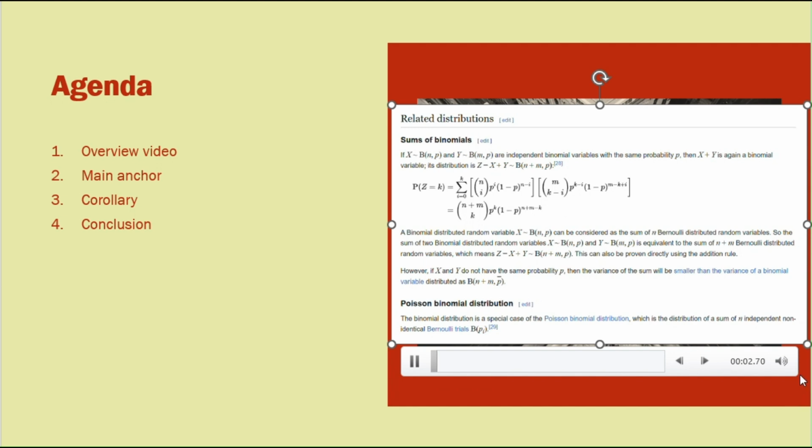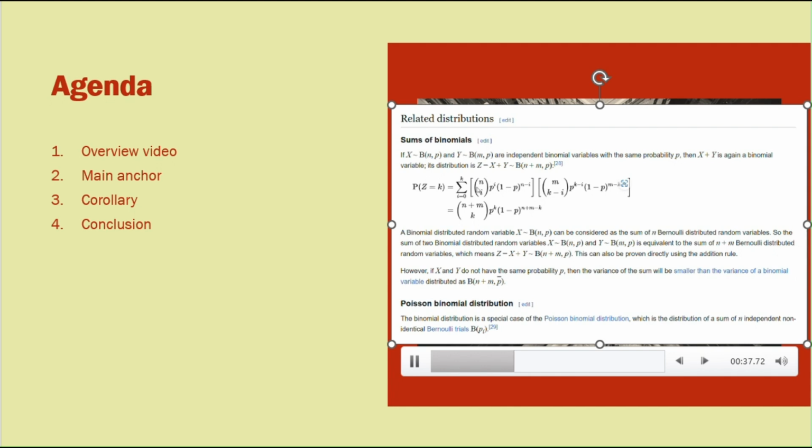Welcome to this video here. So we're considering how we might model the sum of binomials. So if X is binomial distributed and Y is binomial distributed, n and p, and they are independent with the same probability p, then X plus Y is again a binomial variable. Its distribution is Z equals X plus Y, and it's a binomial of m plus n coefficients. So that's simply, in fact, it's just the